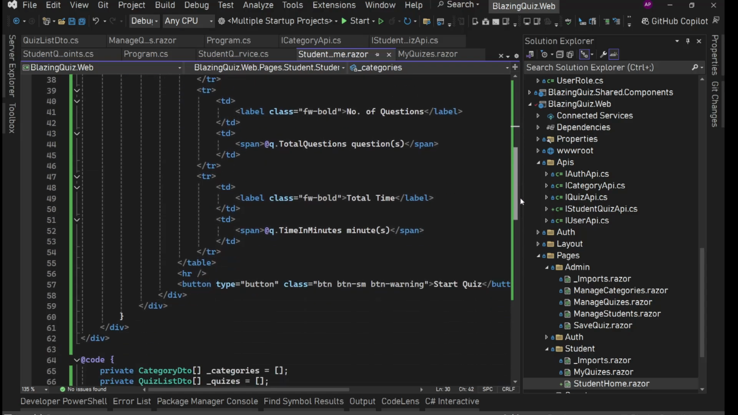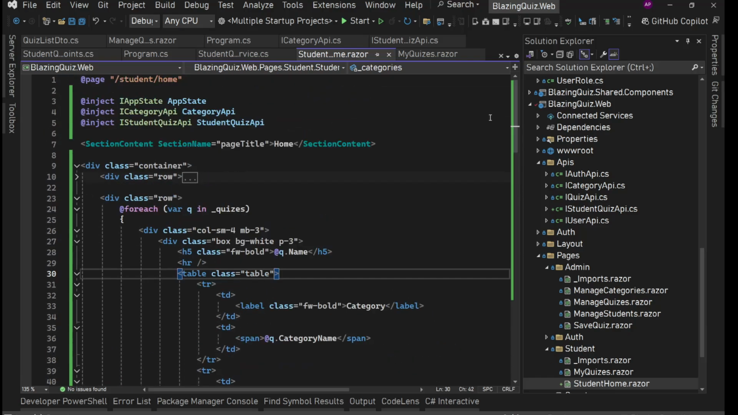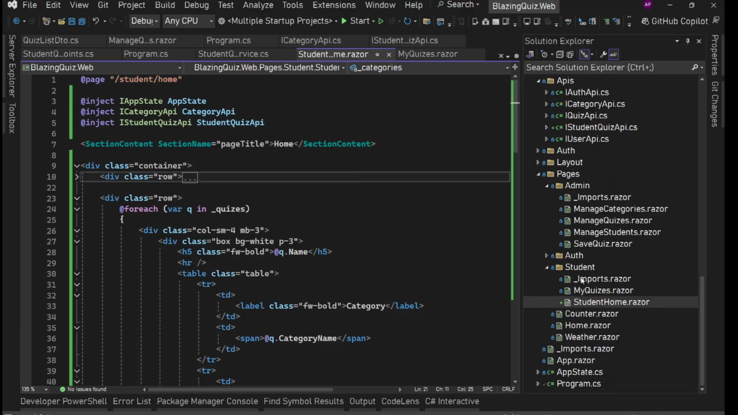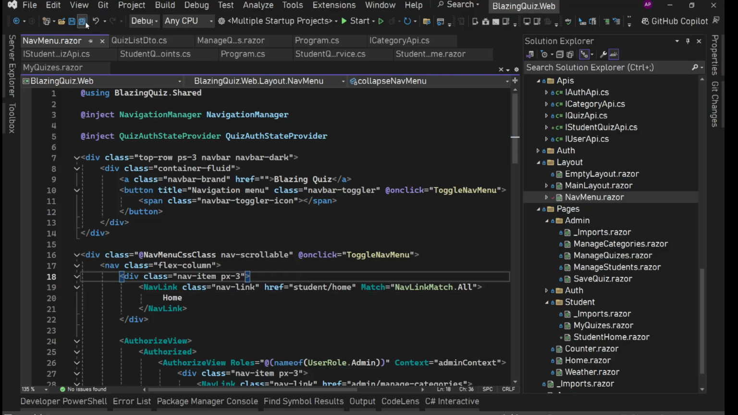Now let's see how it looks. So we have this slash student slash home. Two things we'll do. First thing, we'll add this link. It should be on the nav menu, in our layout nav menu. So there we have home. We don't need this home. Instead, the name will be home, but the href should be student slash home. So save it. And then after login,